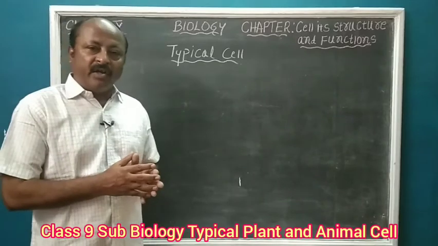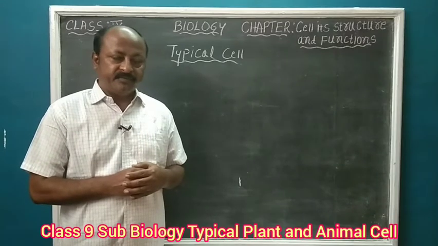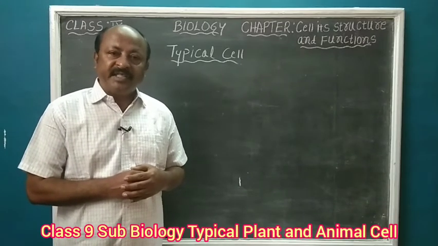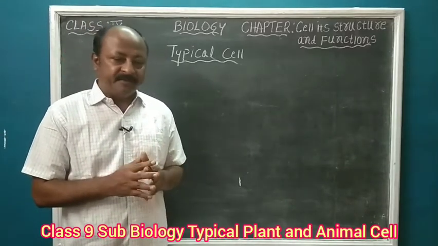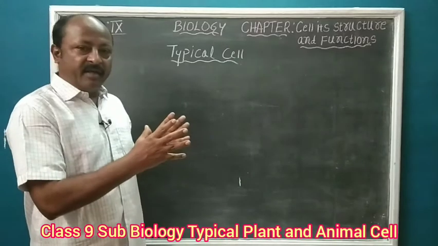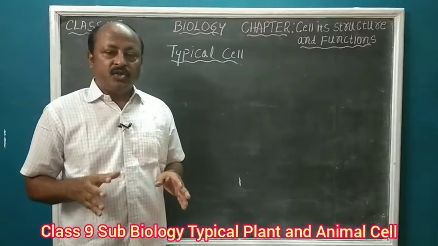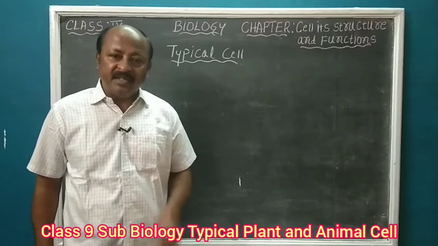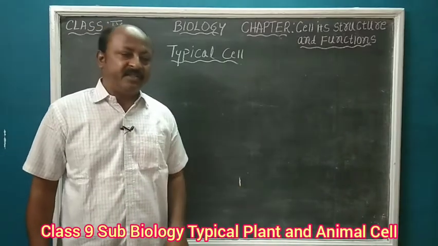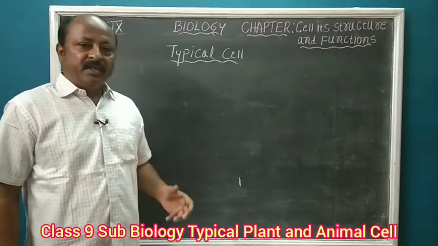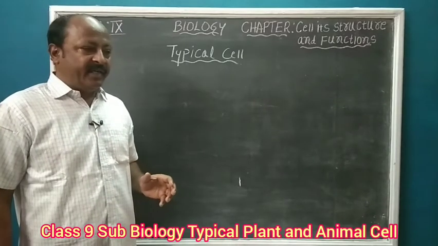So when we talk about the organelles present in a cell, do all the cells have the same organelles? No, all the cells do not have the same organelles. So to study about these organelles and cell, we need to have a model like a typical cell. Do all the organelles shown in a typical plant or animal cell exist in all the plant and animal cells? No. All the organelles shown in a typical plant or animal cell will not exist in all of them.